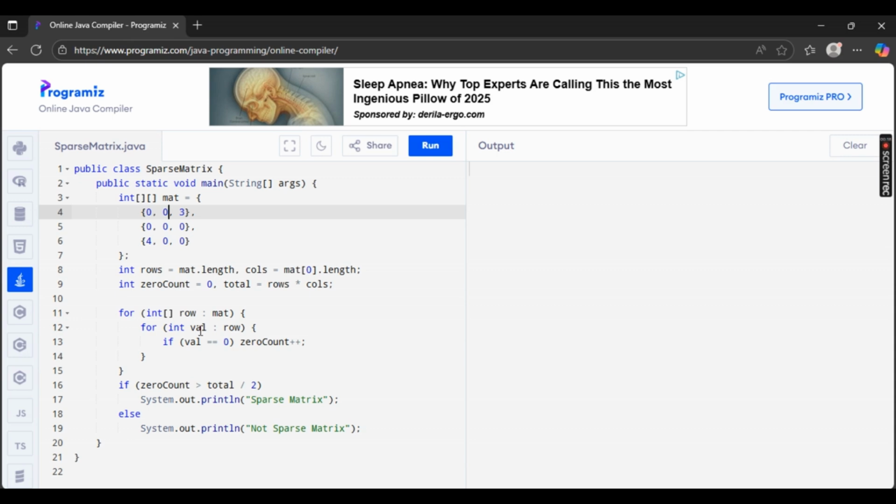of the total elements. In this code, we loop through every element of the matrix and count how many zeros are there. If the zero count is greater than half of the total elements, we print that the matrix is sparse, otherwise we don't. This is super useful when working with memory efficient matrix storage because sparse matrices are very common